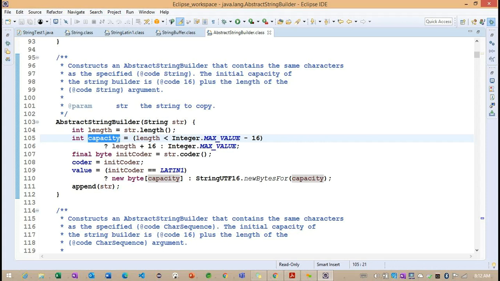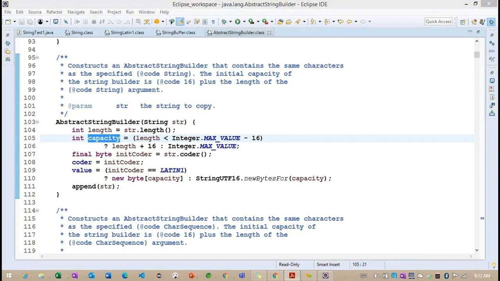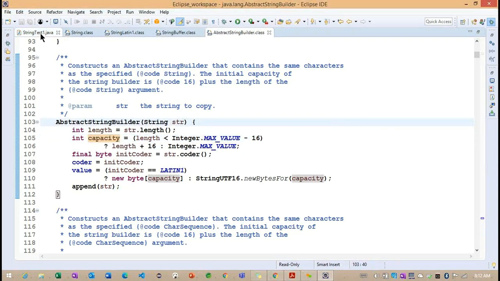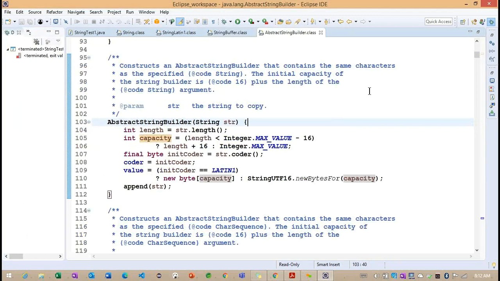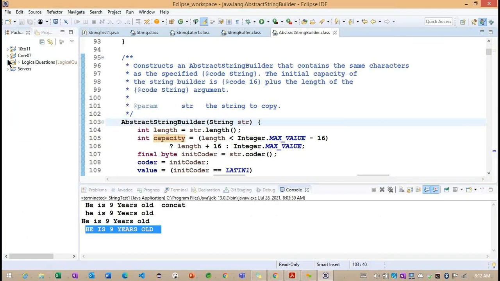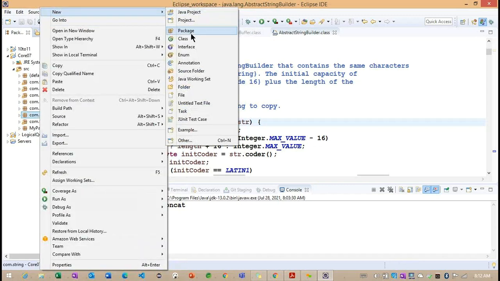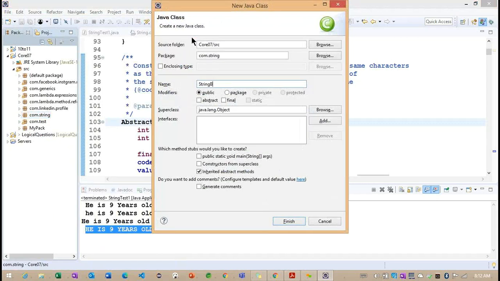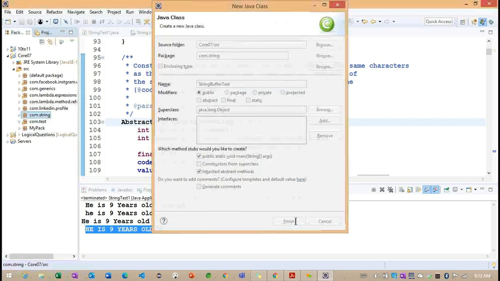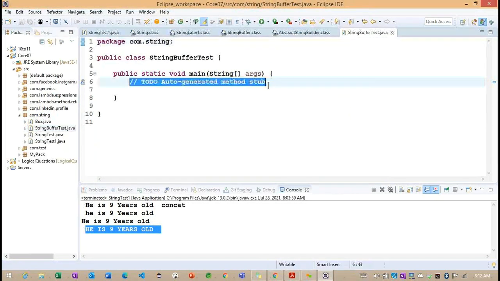Okay. So this is all about the constructors here. Let's see. We'll create a simple example here. Let me change to the core Java 7 project, inside the com.string package. StringBuffer test. I want to take a main method. Right. And here,